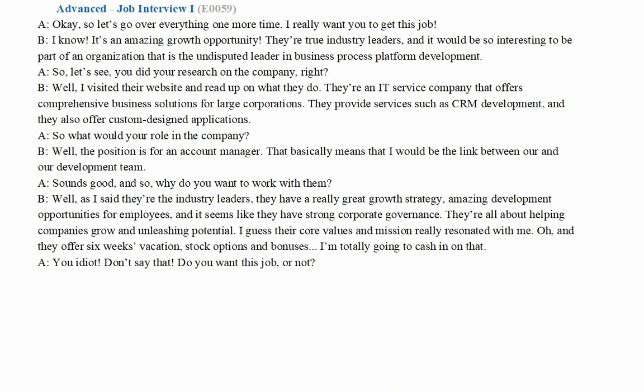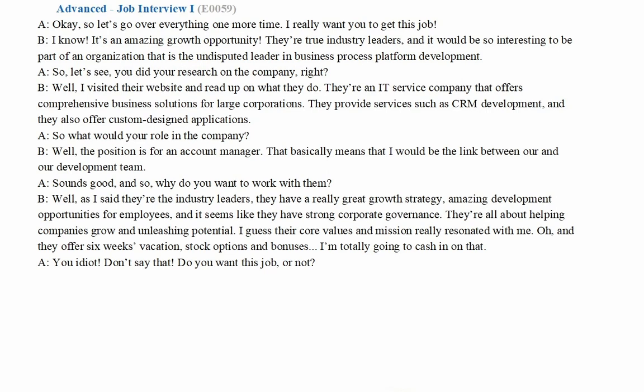Growth opportunity. It's a great growth opportunity. So it's an excellent chance to improve, right? To improve professionally and also on a personal side, right? Yeah. So talking about growth opportunities, we can also use the phrase a development opportunity, and it's the same thing, right? To develop, to grow, to improve yourself. Okay. Now let's take a look at our third word, read up.